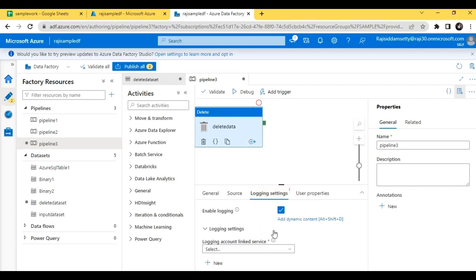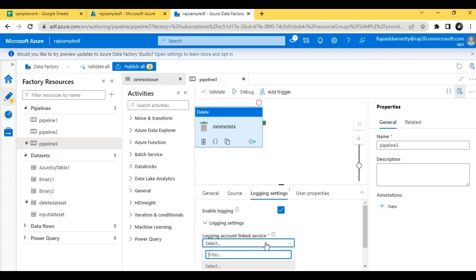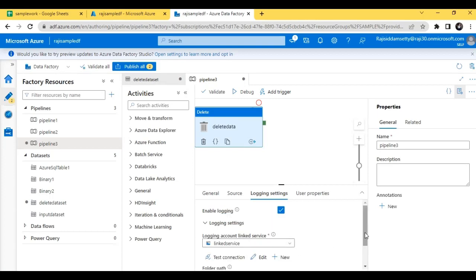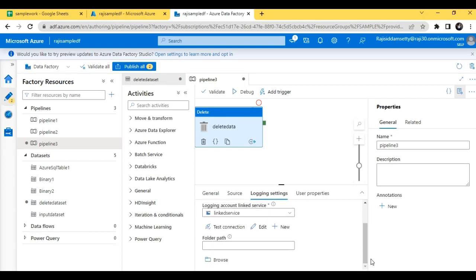Next, logging settings. In logging settings, you have to give the account linked service. So here we have to select the linked service.